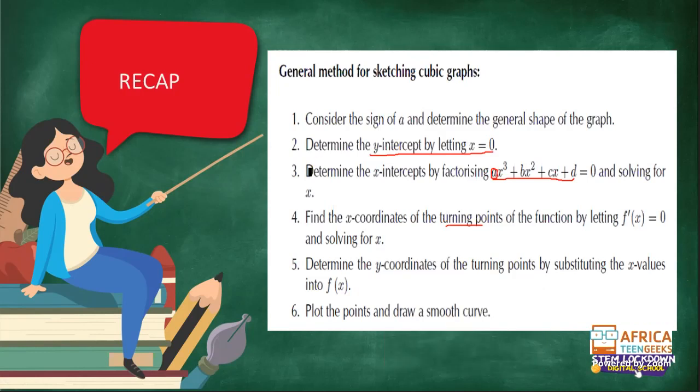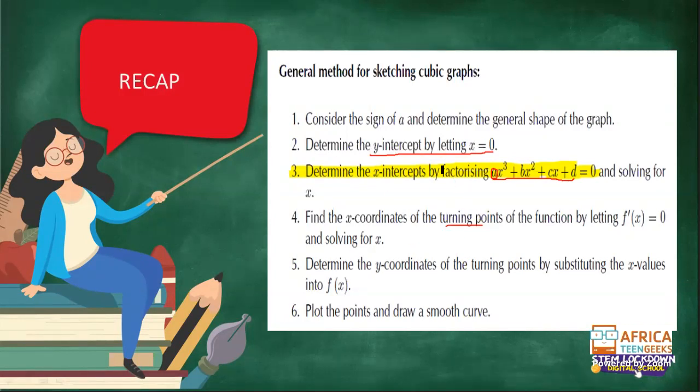The main challenge so far has been determining our x-intercepts. So we're going to spend today and tomorrow trying to make sure that this step is sorted, so that we are all confident in finding our x-intercepts. Okay. So, for example, in past papers, you might find that they already drew the graph for you, and then maybe you need to determine your a, b, and c and all that. So when you know all of this information, then you will be fine to move around.